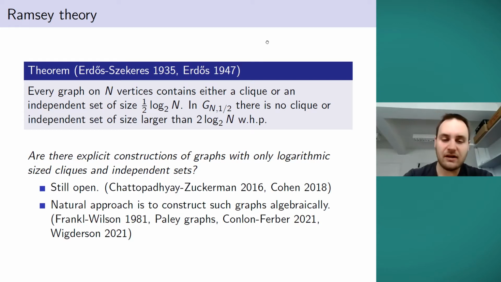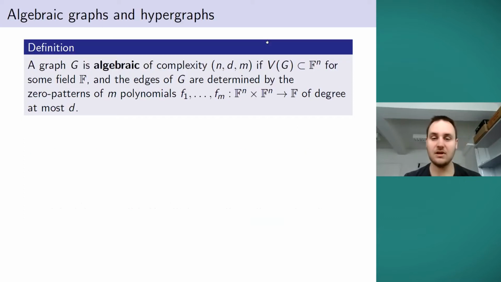Okay, but I was talking about graphs which are defined algebraically, but I have so far not really said what I mean by this. So what do I mean when I say that a graph is algebraic? Let me provide the following definition. I will say that a graph is algebraic of complexity (n, d, m), where n, d, m are positive integers,